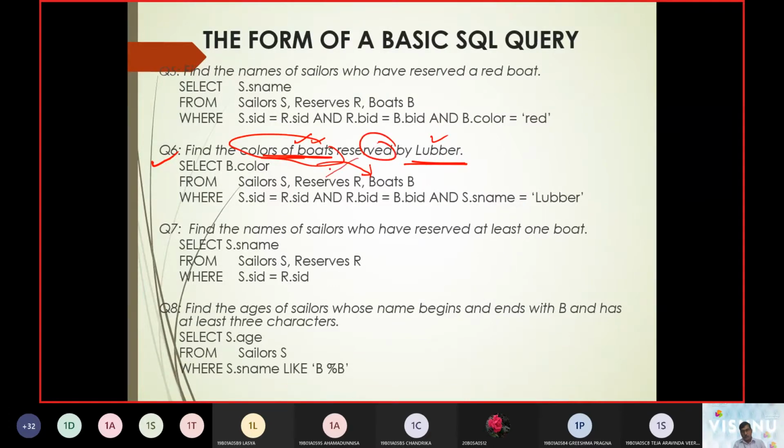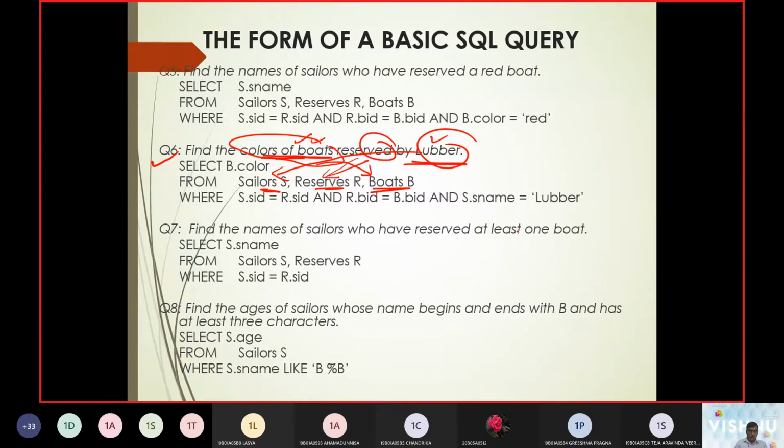Reserves are given in the reserves table. The name of a sailor is going to be in the sailors table. Okay, so we need to get sailors, we need to get reserves, we need to get boats. All 3 tables we have to get. There is no other option.